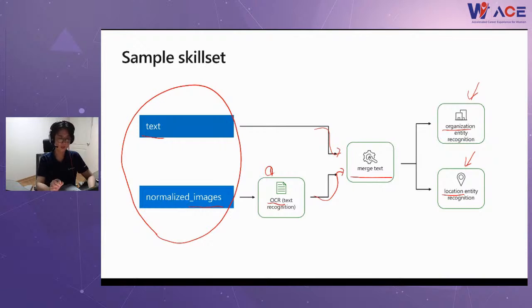The key point here, for example, if this is a customer review and feedback of their travel, the customer actually traveled to London, but he doesn't mention London in the text. What he did was take a picture of London Bridge or Tower Bridge, and the picture also contains some text of London.